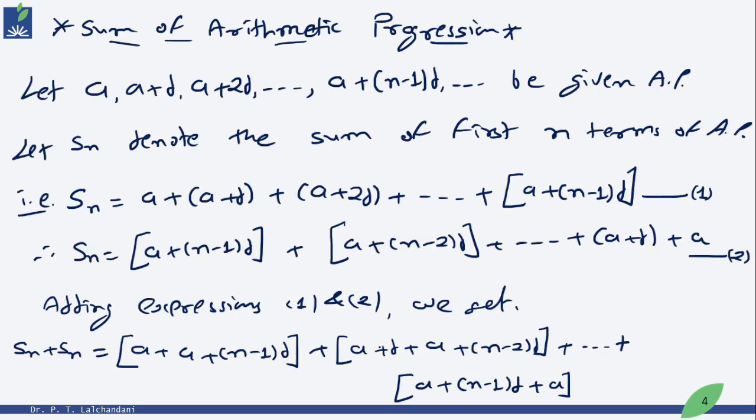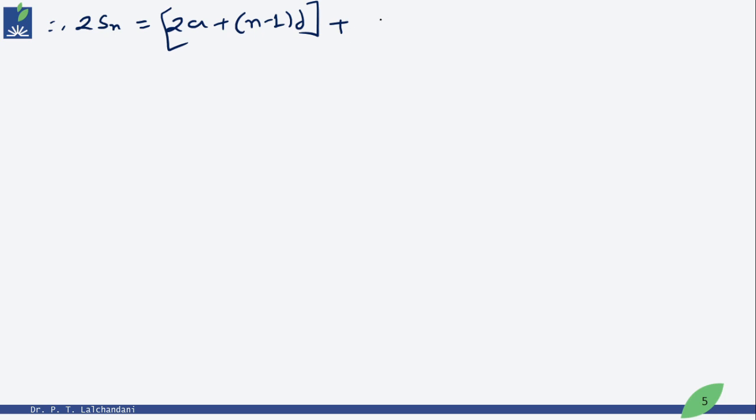Let us simplify the second term. Again a plus a, that is 2a is there, and here we are having d plus n minus 2d, right? So d plus n minus 2d, simplifying it as nd minus 2d. So d minus 2d, that is minus d. So this will give you nd minus d. Taking d common out, we are getting n minus 1d, right? So this is 2a plus n minus 1d, right? That is simple calculation. So second term is 2a plus n minus 1d,